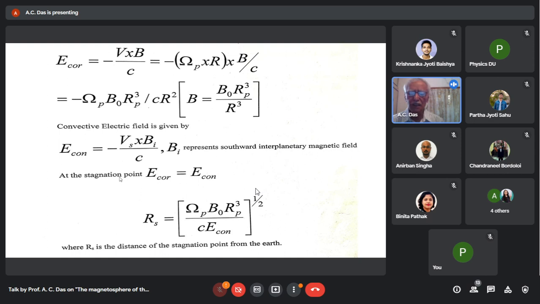It is not always constant because the convection electric field is not always constant, but other values are constant. Therefore the distance of the plasma pause will depend upon the convection that is coming from outside, or the magnetospheric convection. So that is the kind of plasma pause, plasmasphere, and therefore we are ending up